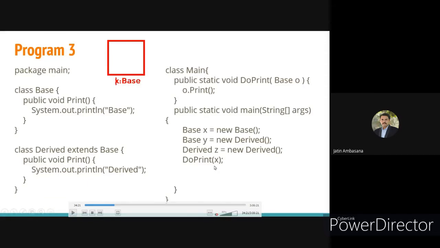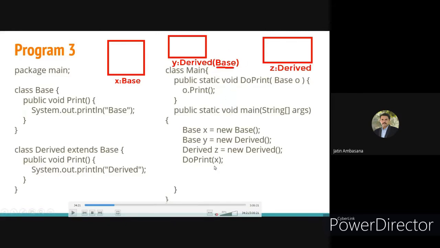Then another object is y, which is of type derived, but y basically points to a derived object, while the type of y is base. The reference variable is of base. And then we have the third object, z, which is of type derived only, and the reference variable is also the same.